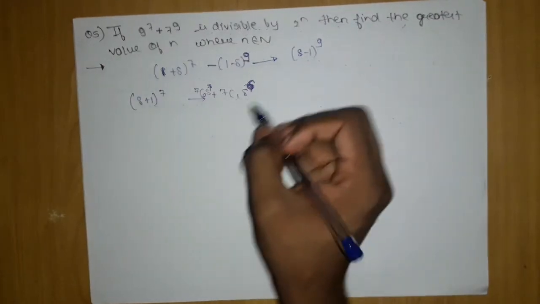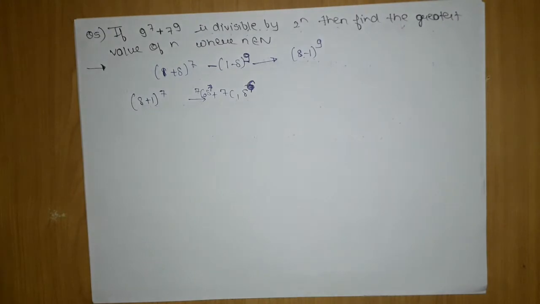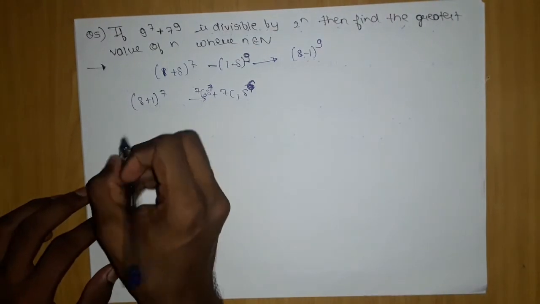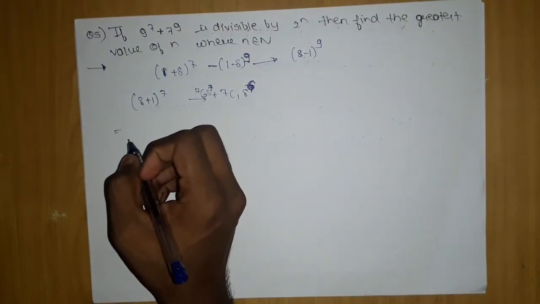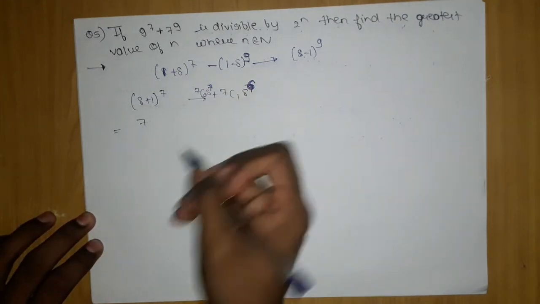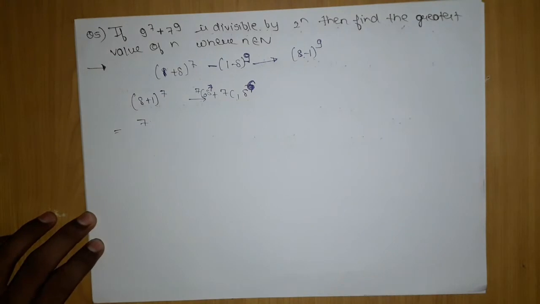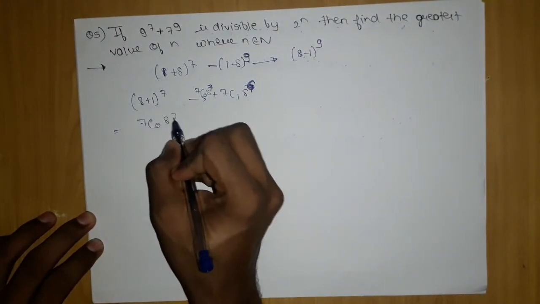Now we know why we wrote it, so that it can be written in this format. So our 8 power 1, 8 power 2 like this term will appear, and it will be easy to simplify. Now let's do the expansion of both of them and see what we are getting. If we do the expansion of the first one, since the powers are different, we cannot write directly 2 into like that. 7c0, it will be 8 power 7 in the starting.